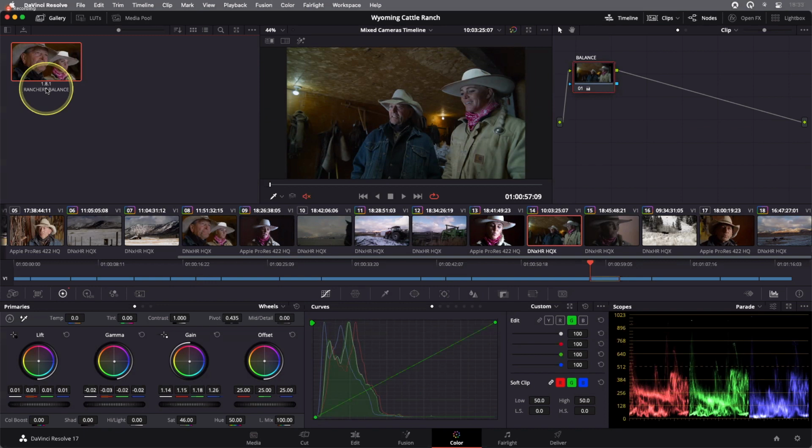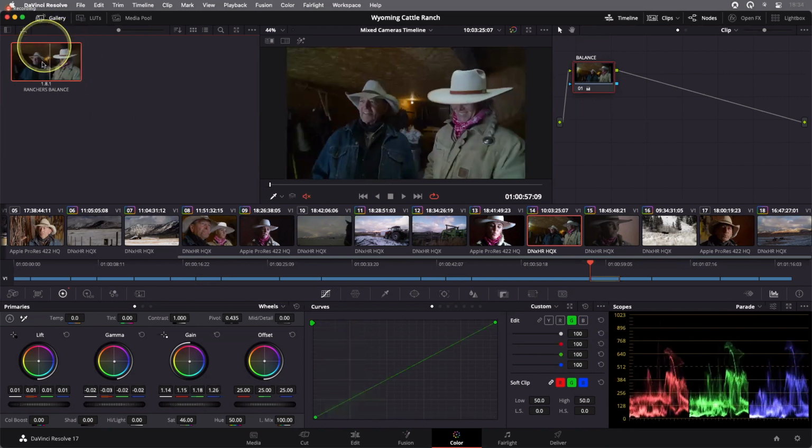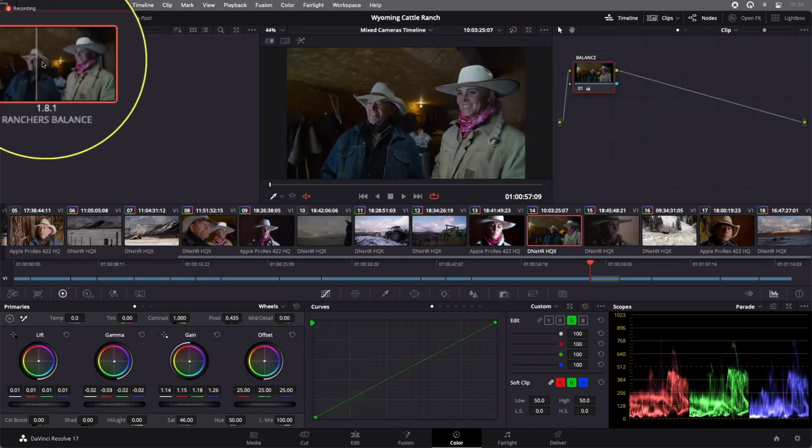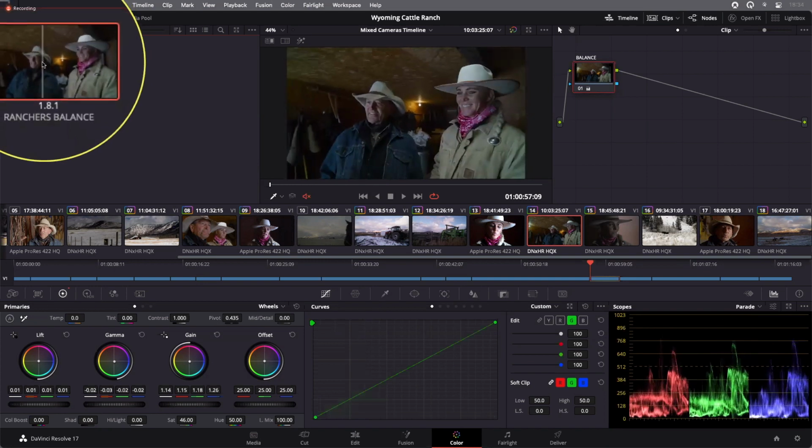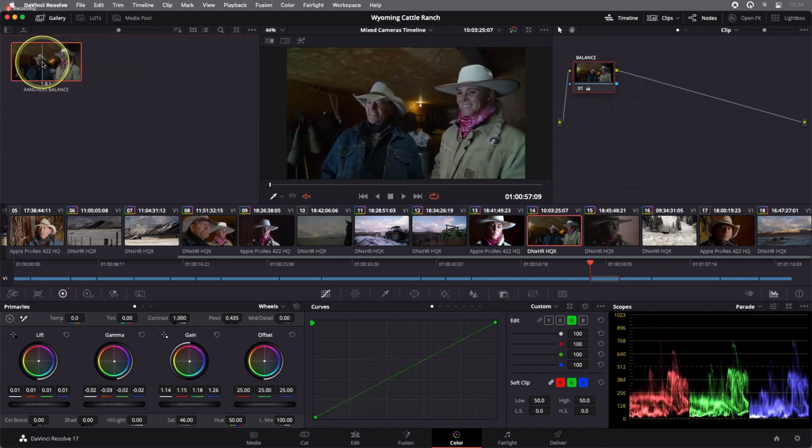But the second way in which we can use these stills is as a reference shot. And again, it's the frame that you grab initially that's being used as the reference shot there. In order to use this as a reference shot, the easiest way is to simply double click the actual still itself. Double clicking just loads it as a reference shot into the viewer. It doesn't apply the grade. The two things are different processes. So in this case, if I double click